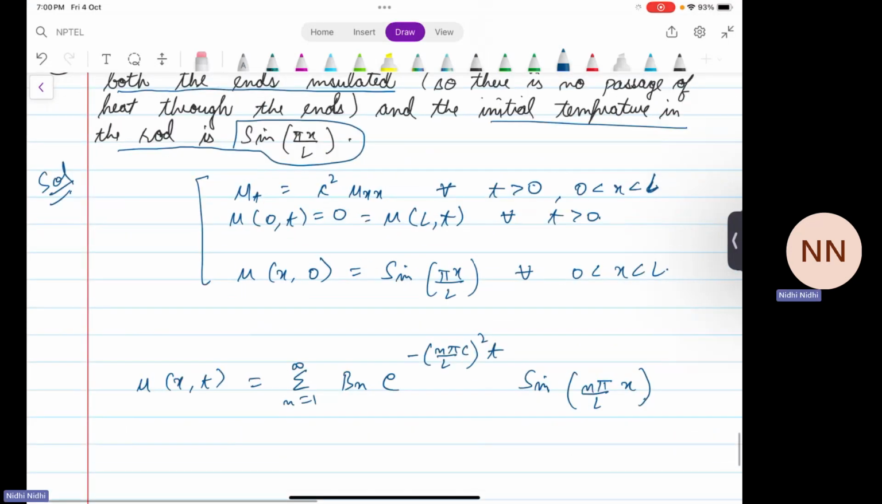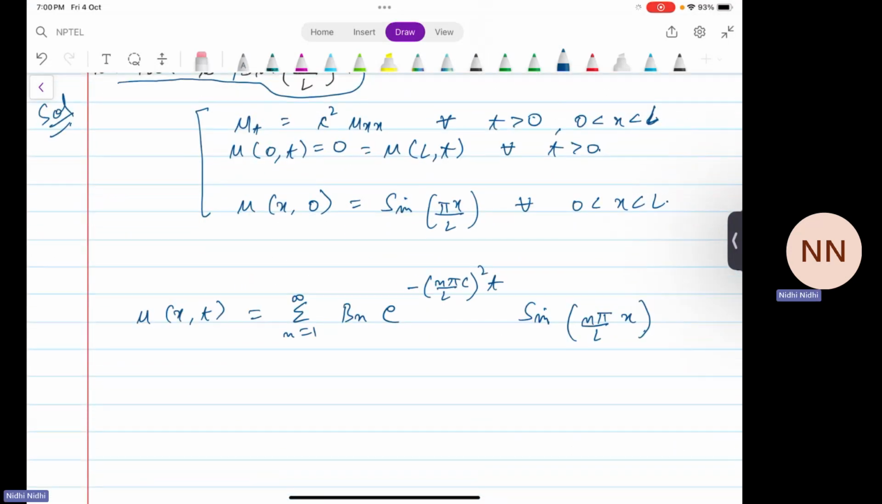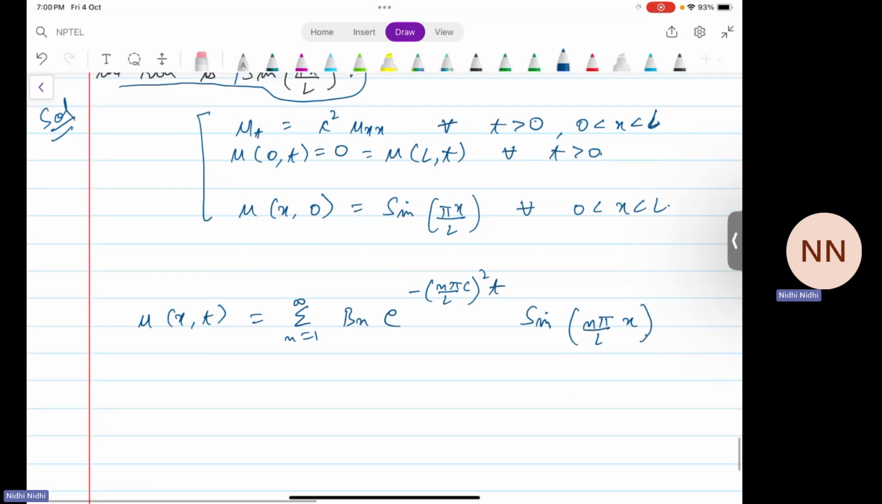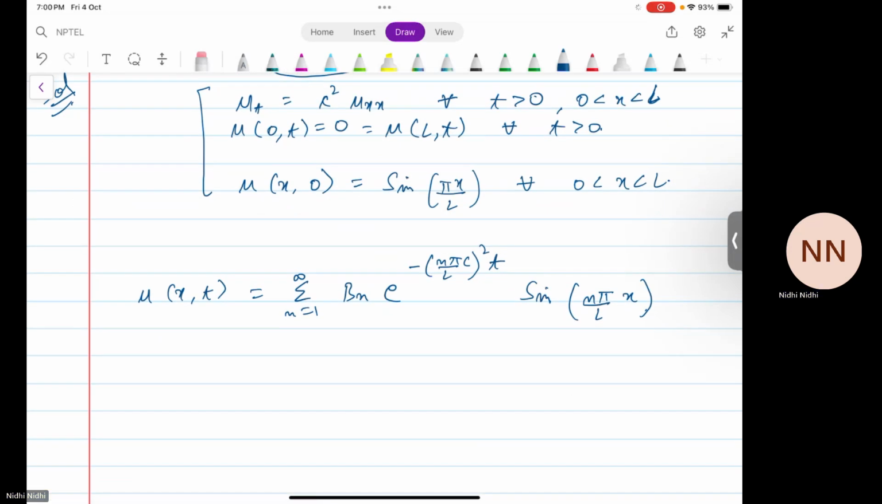So I hope you all must have got this solution u(x,t). If you have any doubt, you can go through the earlier lecture videos. Till now you must have used only the boundary conditions. Now we'll use the initial condition to find an explicit form. That means we'll end up finding the coefficient bn. So let's number this as equation 1. We have, by first,